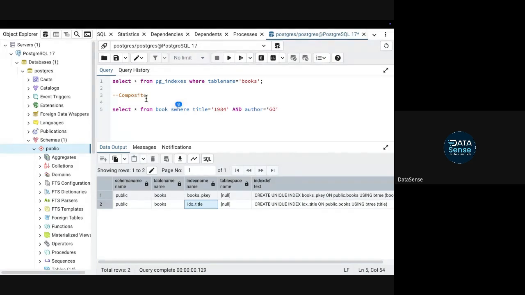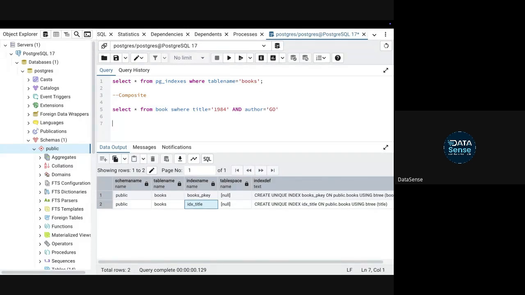Okay. Or let's say you have multiple filters. Now what will happen is that on one column there is an index, on one column there is not an index. So actually it will still become a linear search, right? So what you want is to create an index on both of the parameters. So again, that's just a fancy name, calling it composite.